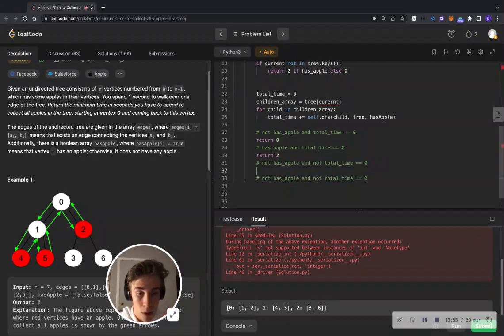I don't have an apple, but my children have an apple. In this case, I have to return total time plus 2. And in this case, where not apple and not total time, I would actually return if, oh, I wrote the same thing. Wait, not, I have an apple